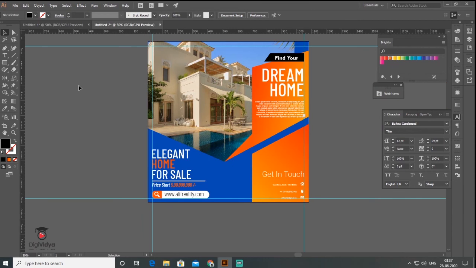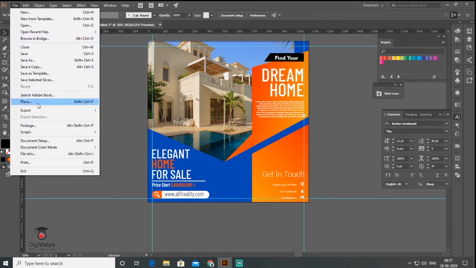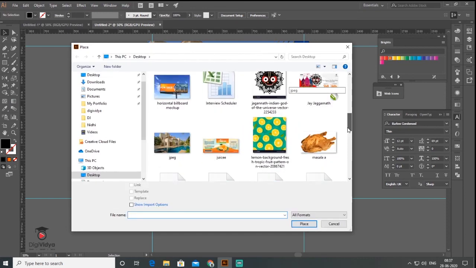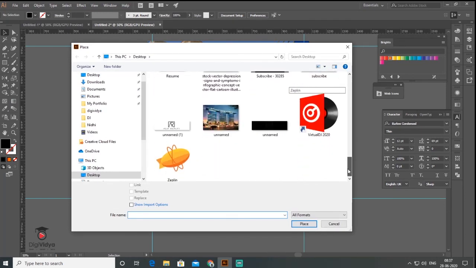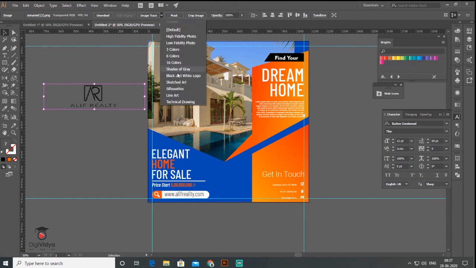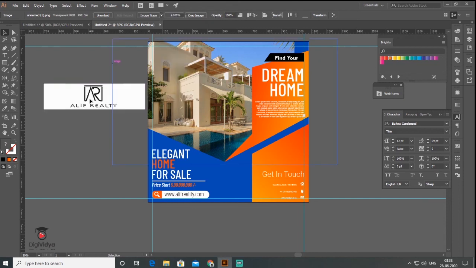Okay, the last step is I want to insert the company logo here. So for the company logo I go to the File menu and place the logo image. So here is my logo, a PNG image. I go to the control bar. In the control bar there is Image Trace and 16 colors, and I just select it, and after converting to vector, go